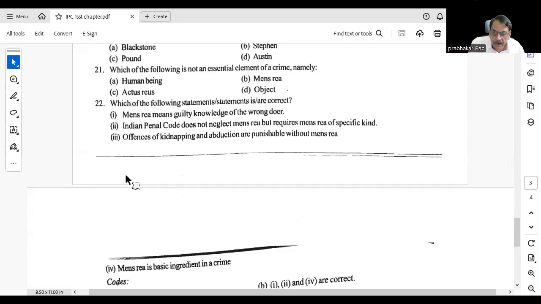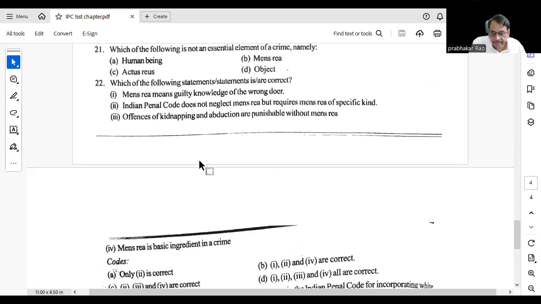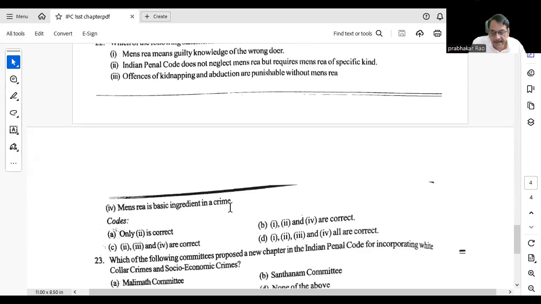Next, question 22. Which of the following statements is or are correct? One, mens rea means guilty knowledge of the wrongdoer. Two, Indian Penal Code does not neglect mens rea but requires mens rea of a specific kind. Three, offences of kidnapping and abduction are punishable without mens rea. Four, mens rea is a basic ingredient in crime. The answer is, you see,